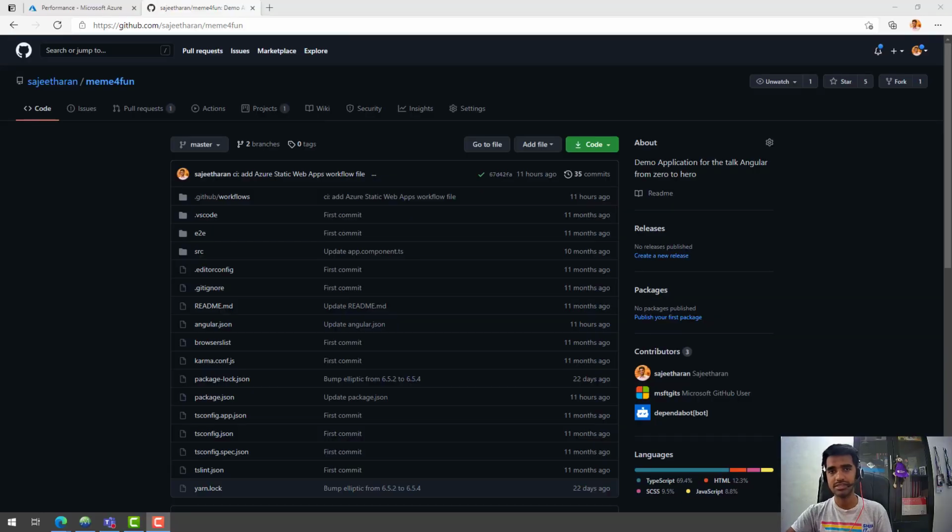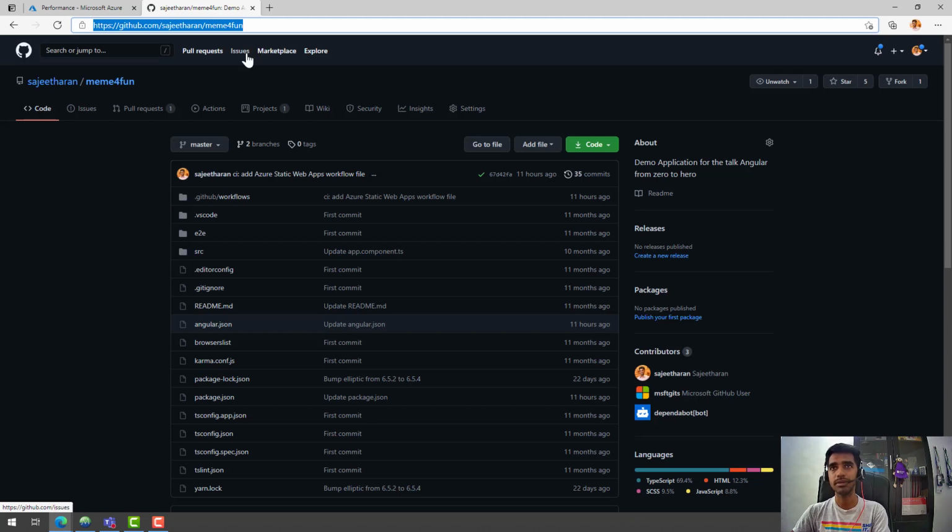All right. As the first step, we need to have an Angular application. In this case, I have already created an Angular application. You can clone this particular repository through Azure DevOps and then publish it. This is a simple Angular application which uses the cognitive service on Azure in order to detect the image, and then you can add free text on the image. If you want to create a meme with particular text and a particular image, you can upload the image, add that free text and then publish it on any social media. So that's the application. I took nearly 20 minutes to create it.